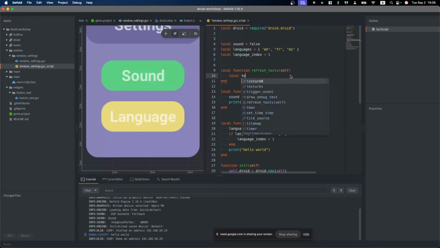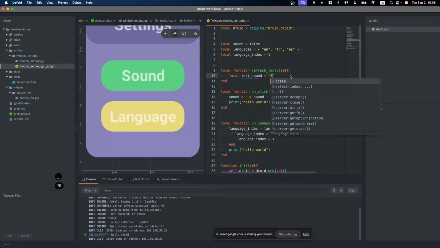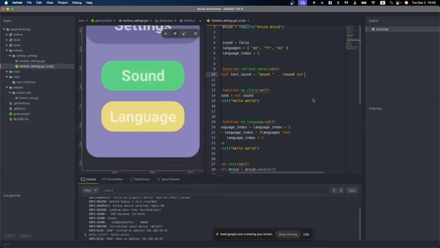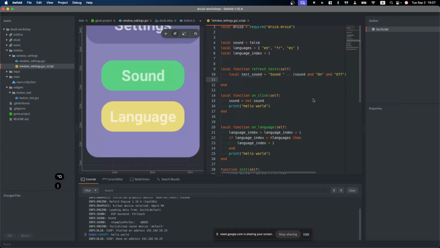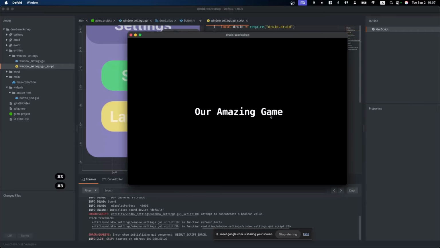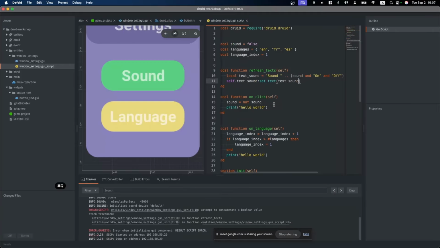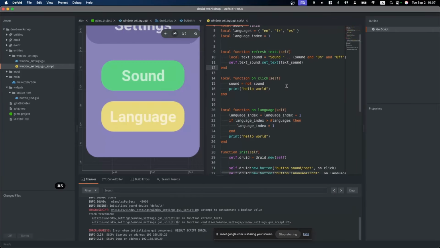So text sound will be like sound. Let's make text with some operations, and you see we have sound text on, if not off. And we can use text sound set text sound. Let's check if it works. We have a concatenation of Boolean values, which I don't see.